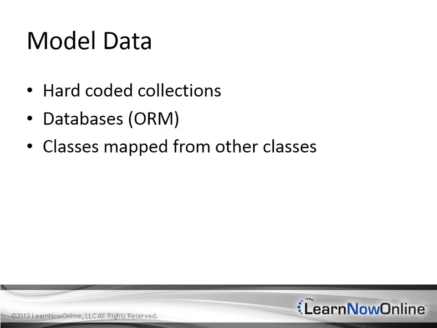Classes that are mapped from other classes, and this arises in all kinds of ways. For example, you may have domain classes that incorporate other domain classes. They might be collections, larger aggregates or groups of other domain classes, so they really get their data from other classes. Or they might even represent a smaller piece of another domain class. You might have view models that get mapped from your model classes. So if you've got a view and it's bound to a view model, your view model might pull together several model classes or subsets of those model classes. And so you need to map back and forth between those,